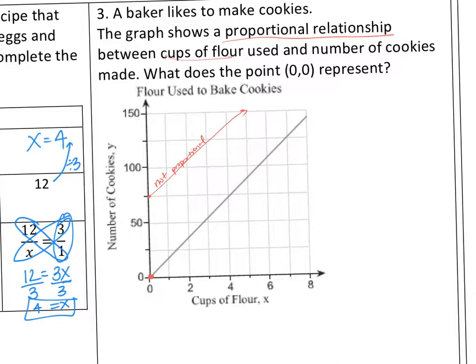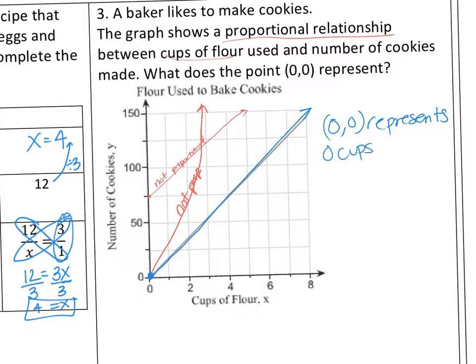Another thing is, let's say it starts at the origin, but it curves like this. If it's not a straight line, it's also not proportional. And I think those are the only scenarios. It has to be a straight line, and it has to go through 0, 0, and that's when you know it's proportional. And the example they gave us, I'm going to write it in blue, is a proportional graph, because that is a straight line through the origin. So 0, 0 represents